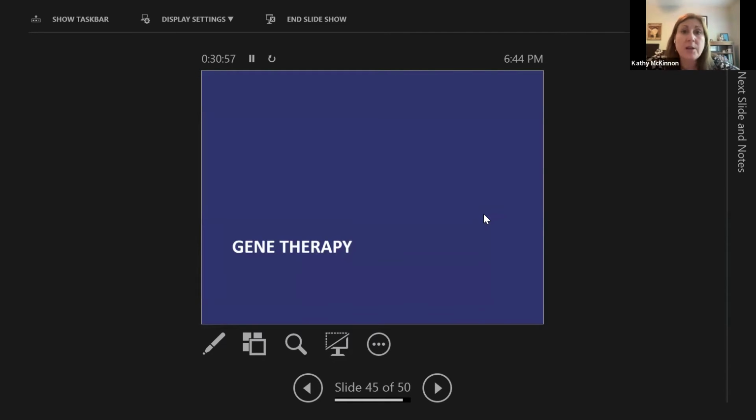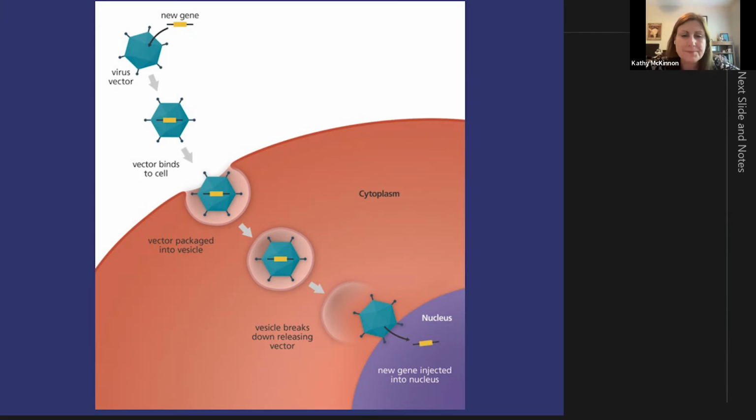And gene therapy, also something that's pretty much in its infancy, but it's being used for other immune-mediated diseases and other, but particularly more genetic diseases at present. Next. So how does this work? You hear on the news about gene therapy, people getting better, sickle cell disease, one of the diseases that had a lot of attention for gene therapy.